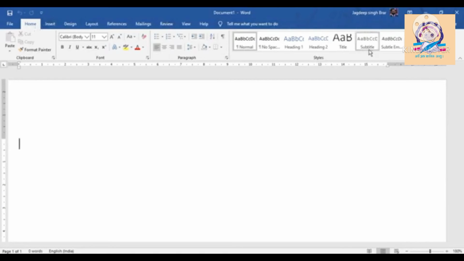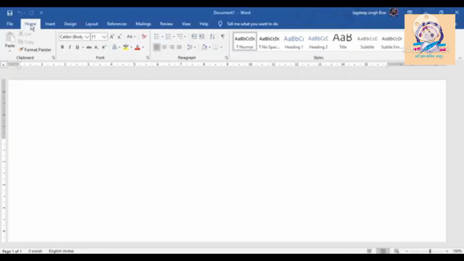Ribbon. This complete area comes under the ribbon part. The ribbon is displayed just below the title bar. It contains all the commands that are needed for common tasks in Word. It has a number of tabs, each of which has many groups of commands.